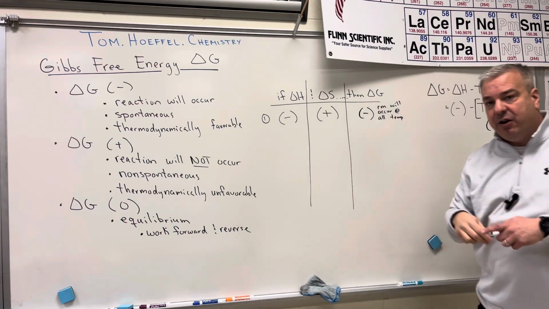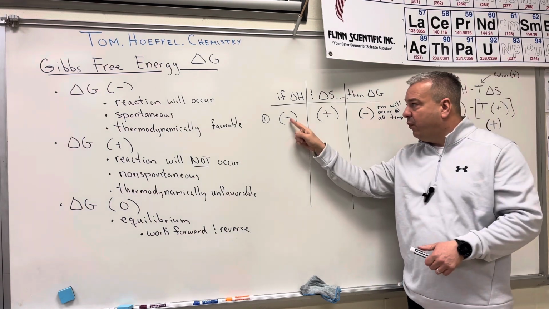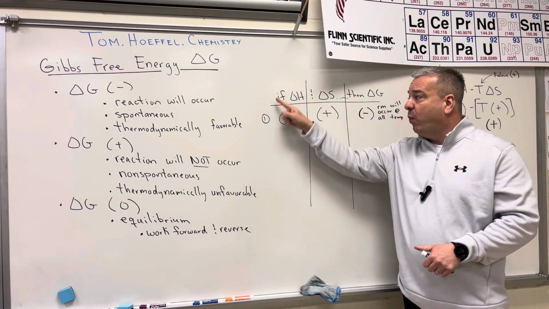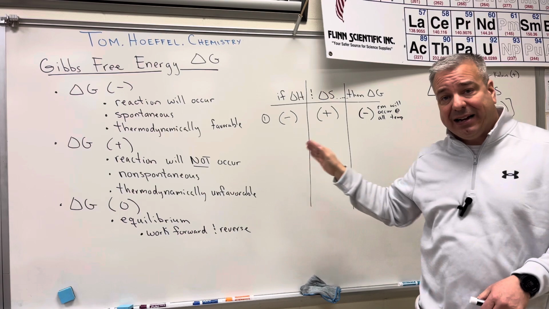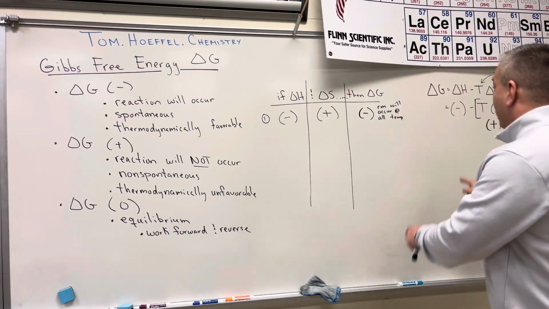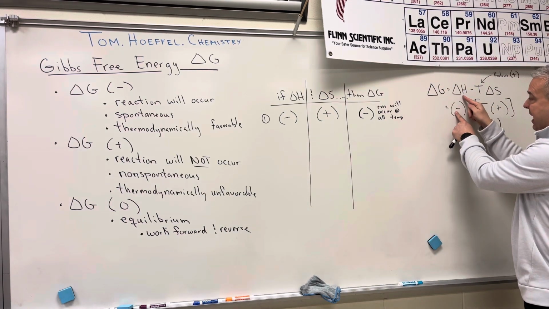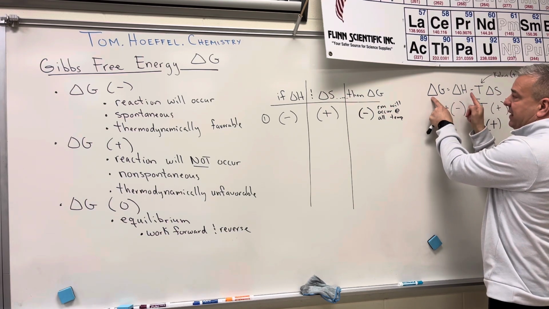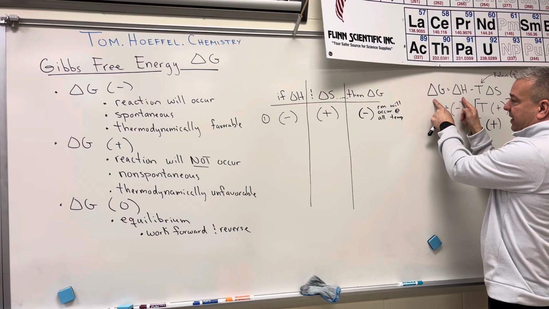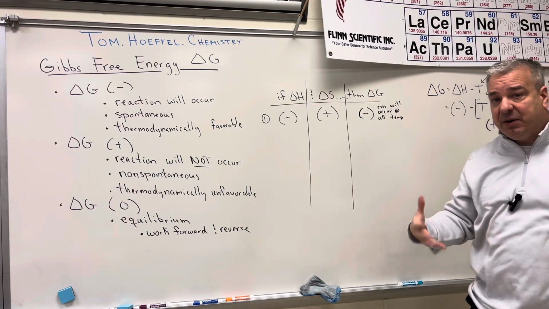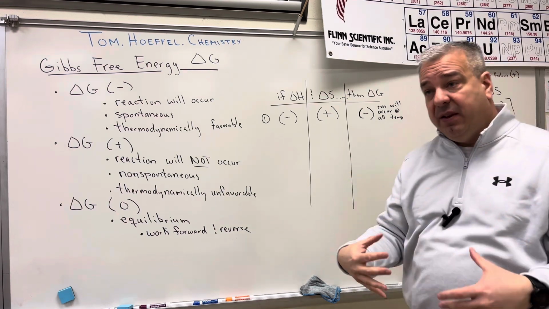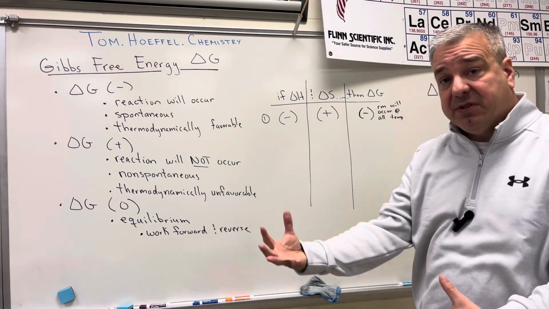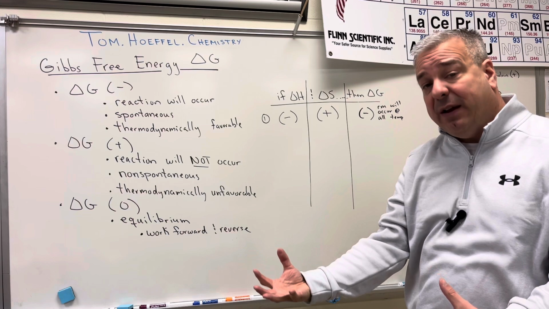Now, I want to go into some of these details of what it means to have an enthalpy change that's negative. What that means is that we have an exothermic reaction. So when this delta H is negative, it helps delta G being negative because of the relationship between the two. Exothermic reactions help delta G be negative, or basically help the reaction become thermodynamically favorable, which means